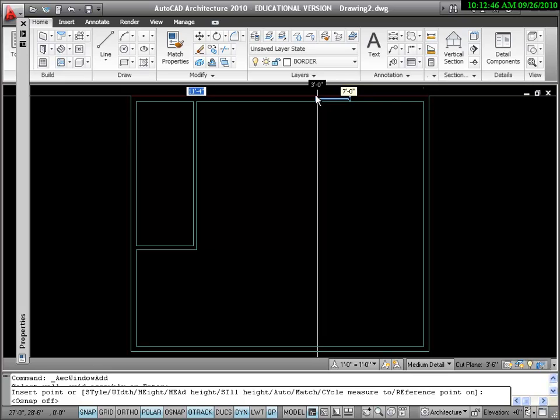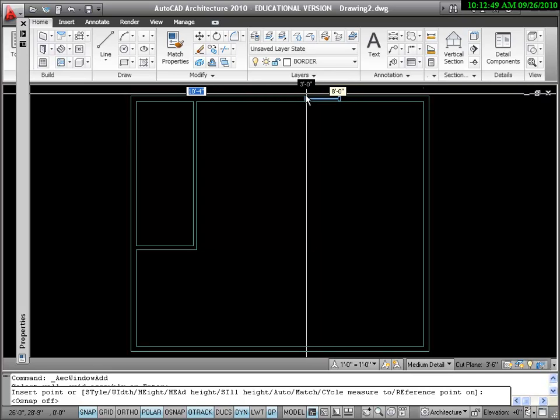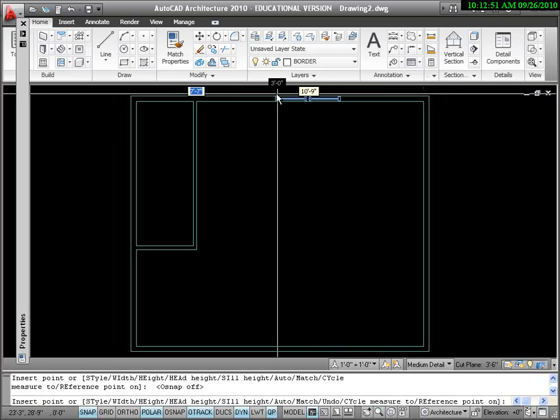And we want to come over till our tracking reads 8 feet, and we click and we put in the window, and we just can continue dragging until we put the next window in, which should be